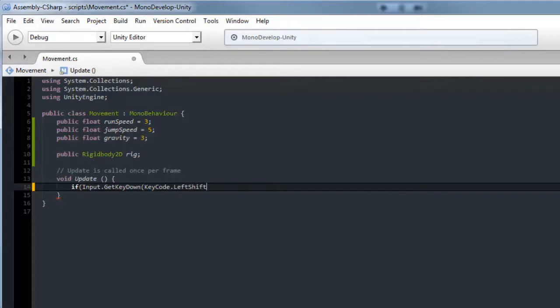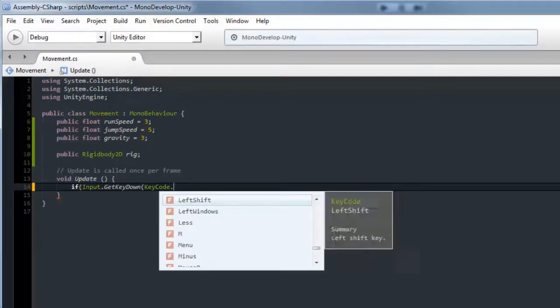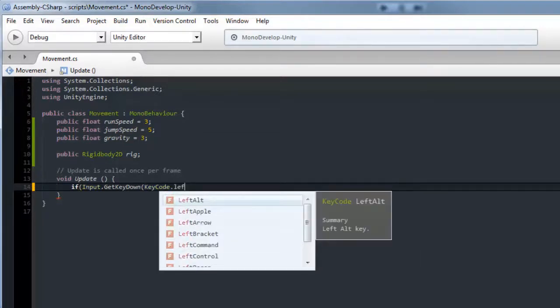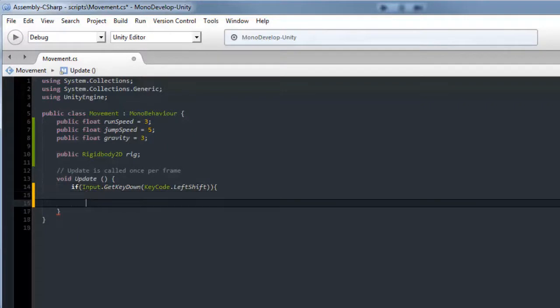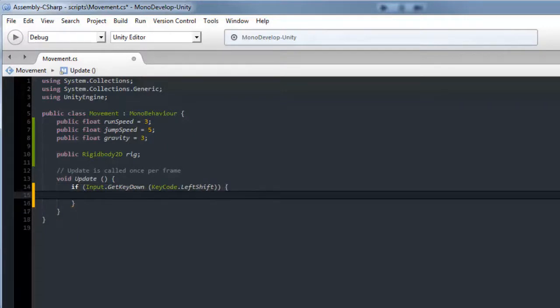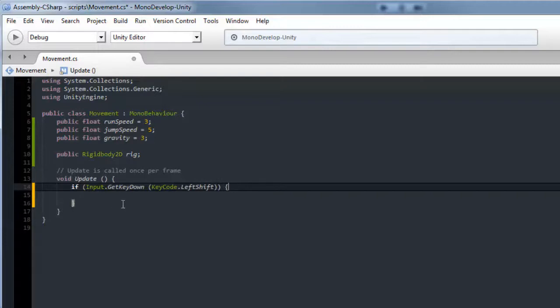I'm going to use left shift for jumping right now. I plan on using space for shooting, that's why I'm using shift for jumping. You can make it spacebar if you want to. All you gotta do is dot space, but I'm just going to use left shift. And then you need an open curly bracket and a closed curly bracket. So anything that happens between these two curly brackets is going to happen when you push